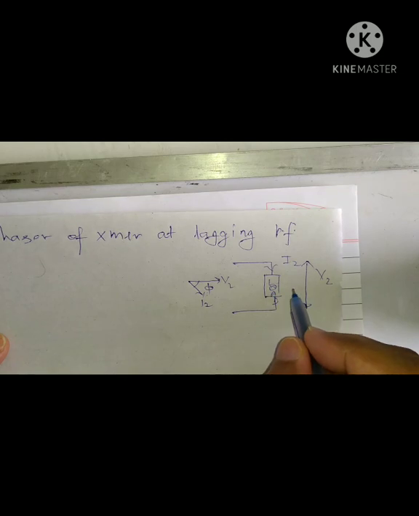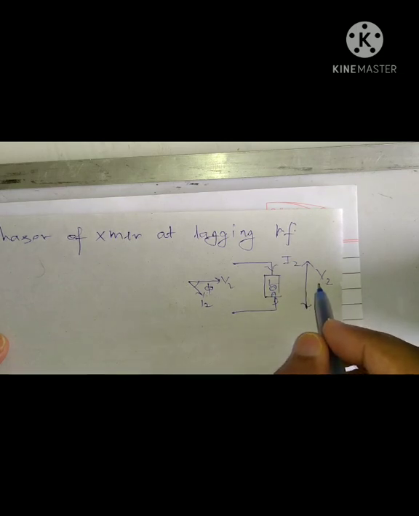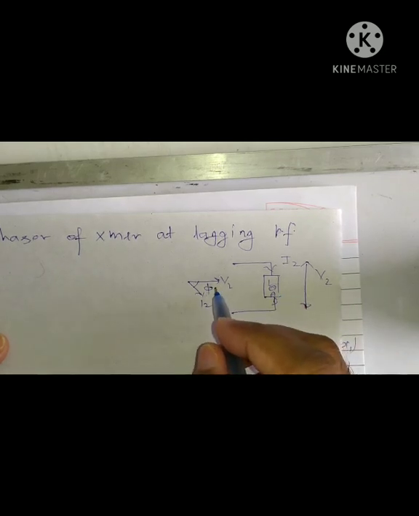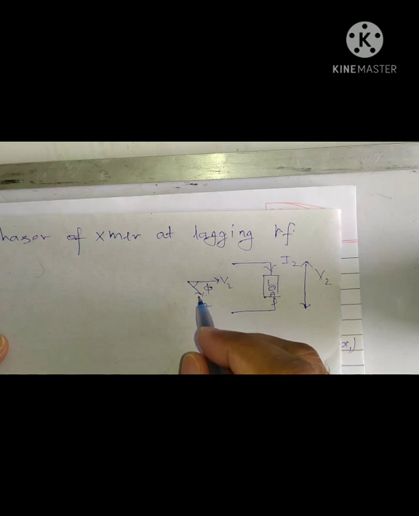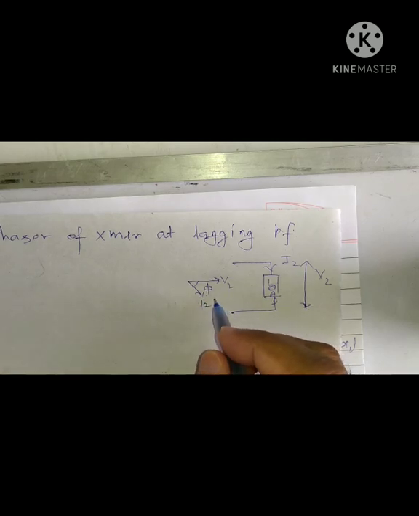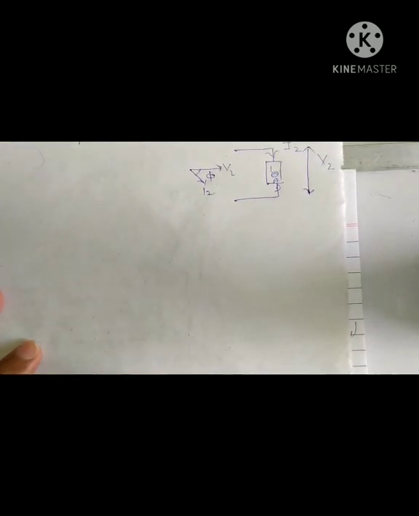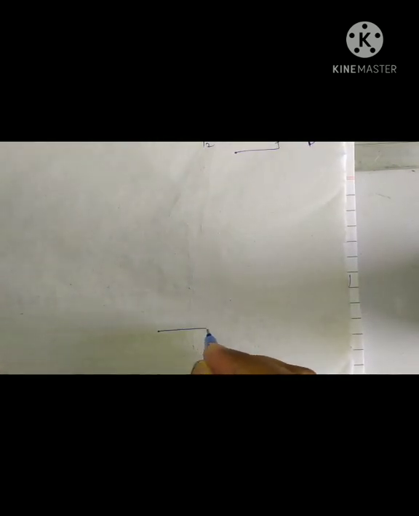This is the load. In this load, the current is I2, the voltage across the load is V2, and the phasor relation between the voltage and current in the load will be this one, that is, the current will lag the voltage by some angle phi. So for the phasor, we have phi here,